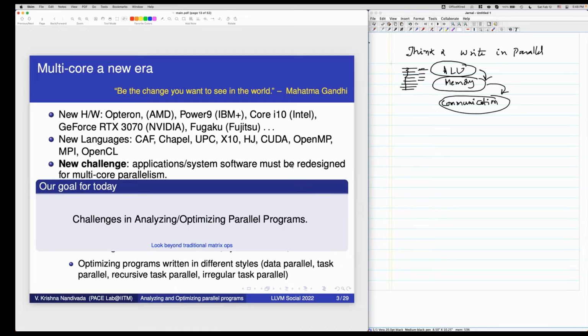The way I have organized the talk is that I will be proposing a few programming challenges. From that, I will try to identify some patterns that can be analyzed and optimized. Okay. Any questions so far?